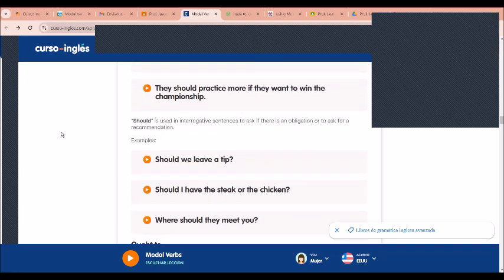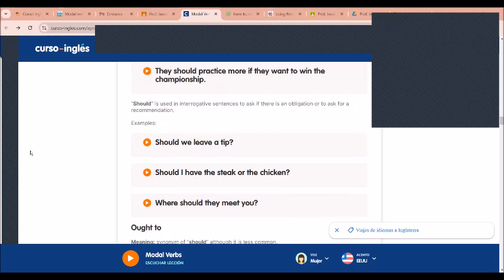Regina. Yes, so I use interrogative sentences to ask if there is an obligation or to ask for a recommendation. Example: Should we leave a tip? Should I have the steak or the chicken? Where should they meet you? Right. Now, ought to